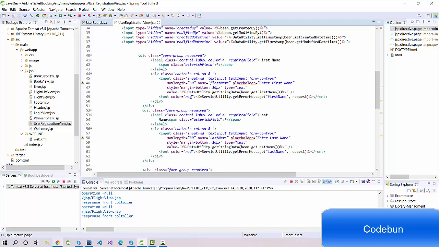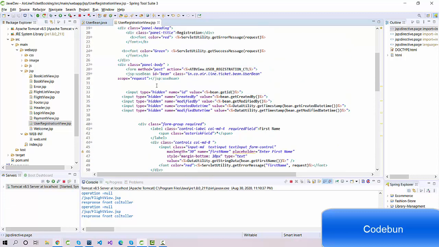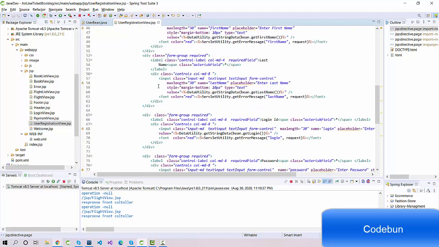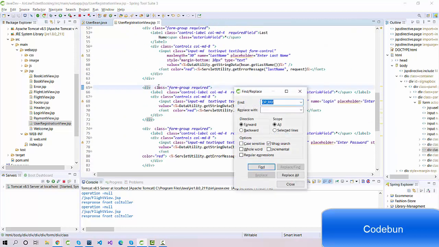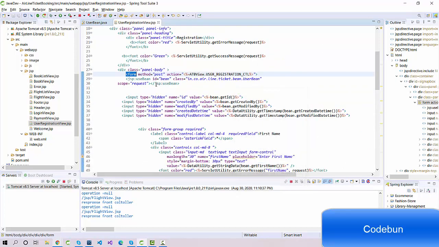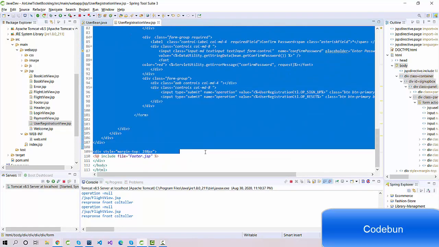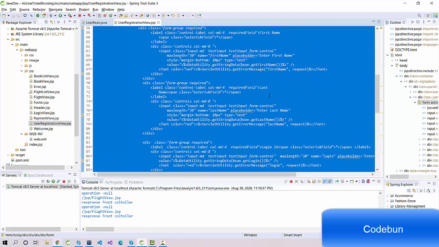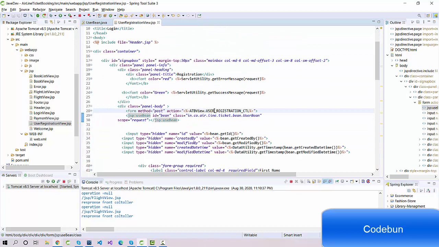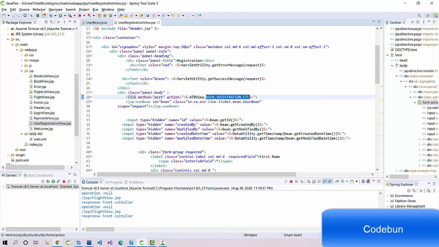So if you check, the form is going to start from somewhere. Okay, let me search for the form. Okay, so this is the HTML form. We have the complete form, and this form is going to send the data to the next class, our user registration control. So whatever the CTL you're going to see, it's our servlet. So whenever the user clicks on the submit button, the data goes to this user registration controller,